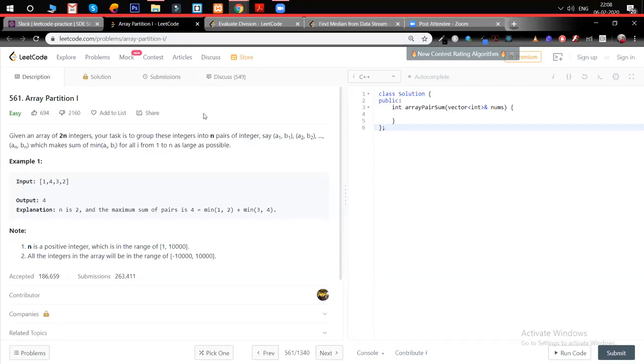What would be the time complexity if we use the priority queue? For time complexity, priority queue will be much better, because if you're sorting, then definitely n log n is the time complexity. If you're using priority queue, then it will be big O of n, right? Because we will be just pushing it into the priority queue.